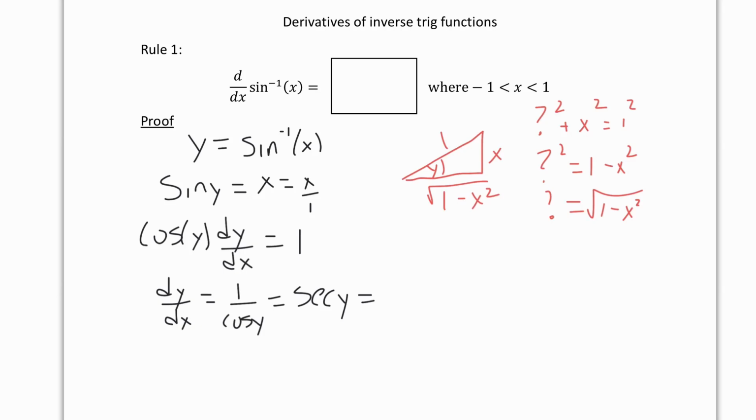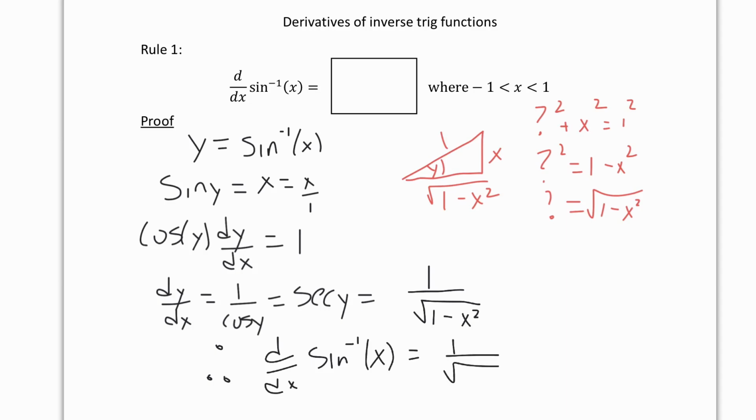And looking at our triangle over here, either thinking about it as 1 over cos of y or secant y, in either way, we're going to be looking at the hypotenuse and the adjacent. Cos of y would be adjacent over hypotenuse. Secant is going to be hypotenuse over adjacent. And so we write that down. We have hypotenuse of 1 over adjacent of root 1 minus x squared. And so therefore, the derivative of sine inverse of x is equal to 1 over the square root of 1